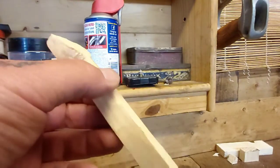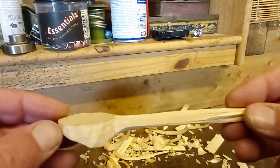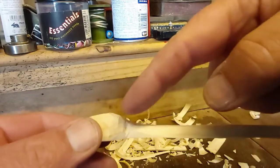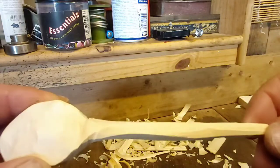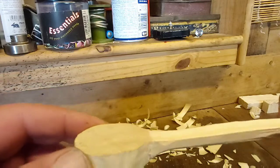I'll bring it back on the next stage. Now I've taken a bit more off. See the shape starting to come now, even the handle. I've curved it in this way, down here like that, with the handle a bit thinner. It's coming on. I'm not going to go through the whole process with you, but I'm just going to show you